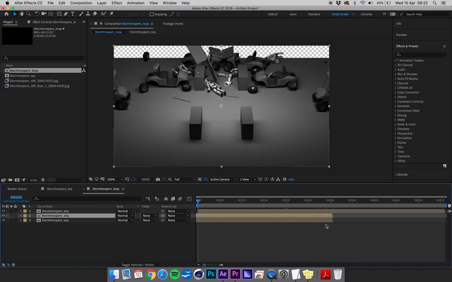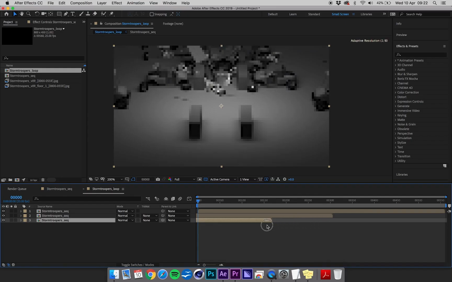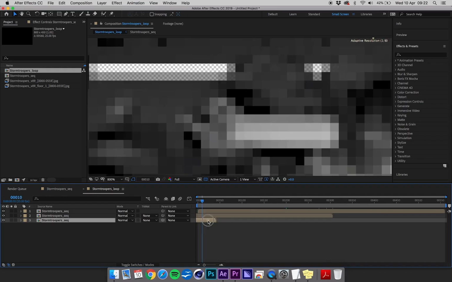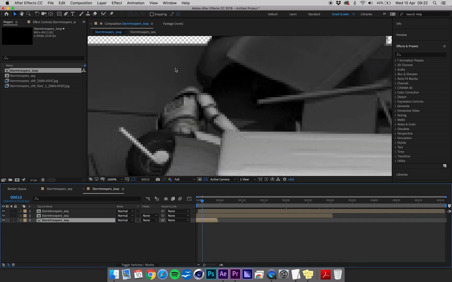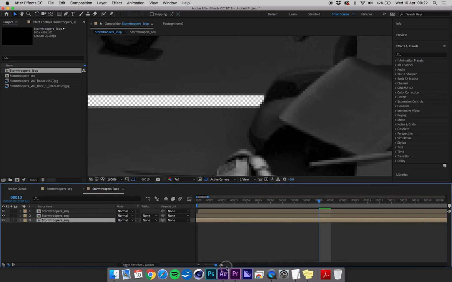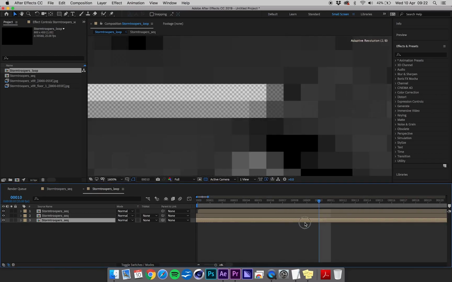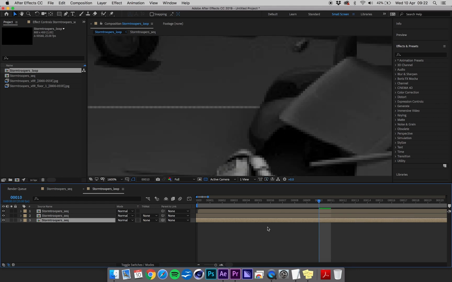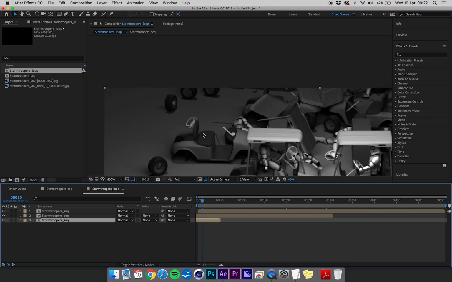And I'll just do another one to cover this start section as well. So it's just repeating that process. I just want to do the same for this one, just zoom in here and into the timeline. There we go. And then if I zoom out again,